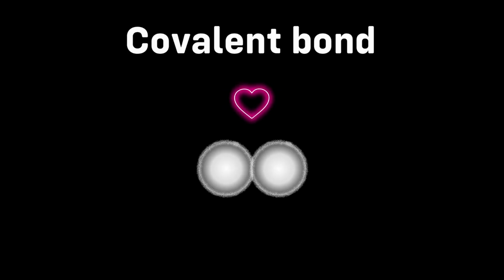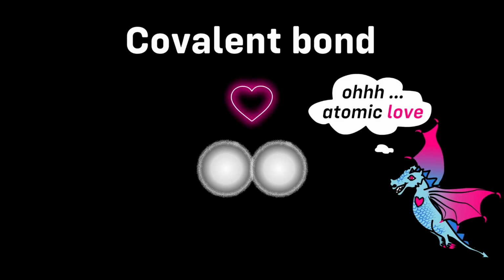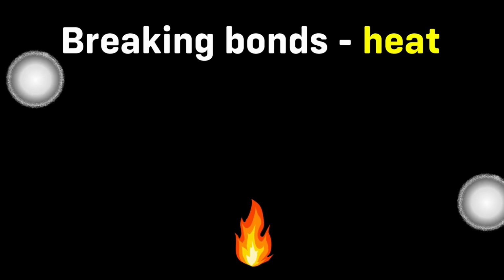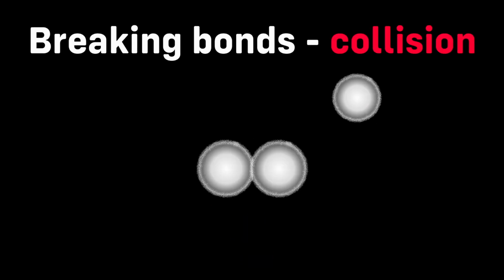Consider a hydrogen atom moving in space. If another hydrogen atom gets close enough, they can create a chemical bond. This bond is called covalent because the atoms share a pair of electrons. The 2 hydrogen atoms remain at a given bonding distance where overall their interaction stabilizes them energetically. Just like a bond is made, it can be broken, for instance by heating the molecule or from a collision with another molecule or atom.